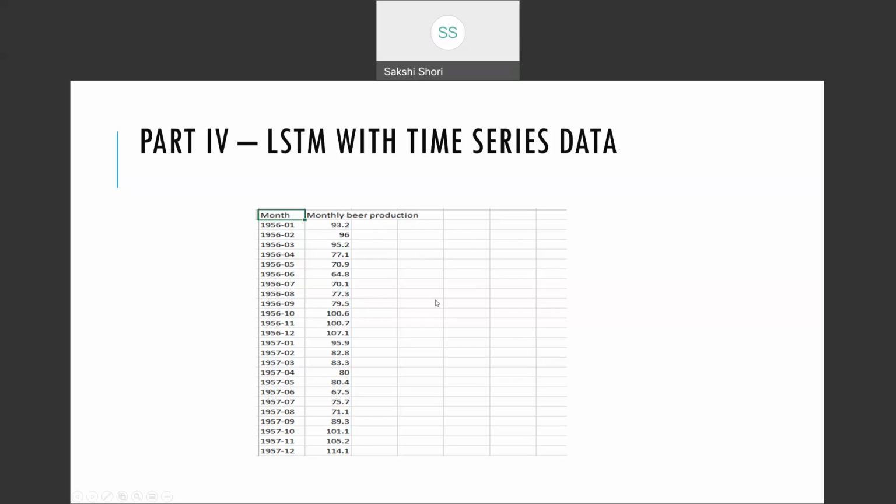So I went ahead and proceeded with the modeling. Again, the goal is to forecast the Australian beer production, and we will predict the beer production and forecast how the production will look in the future.